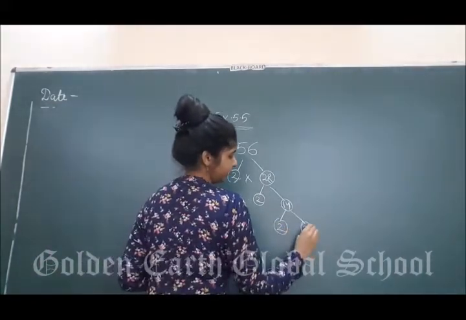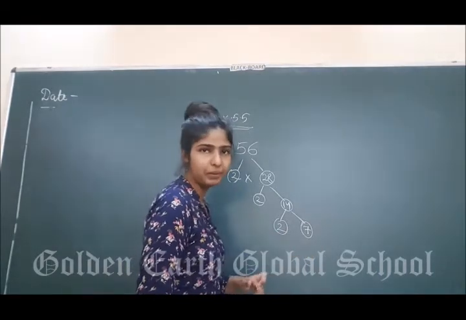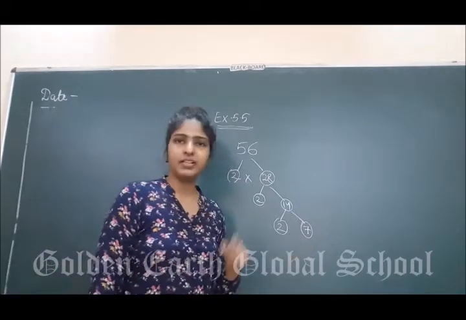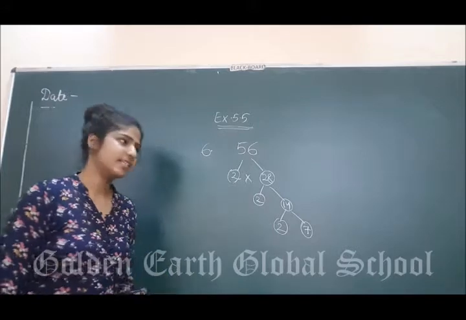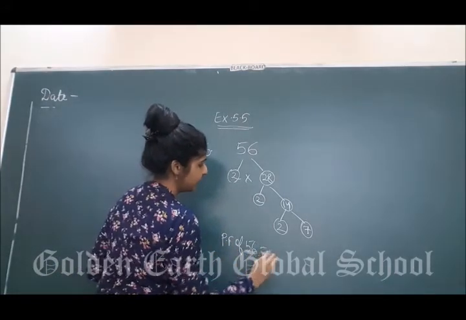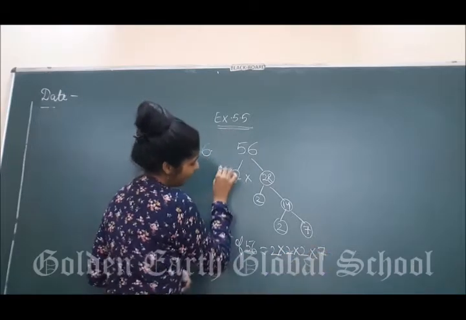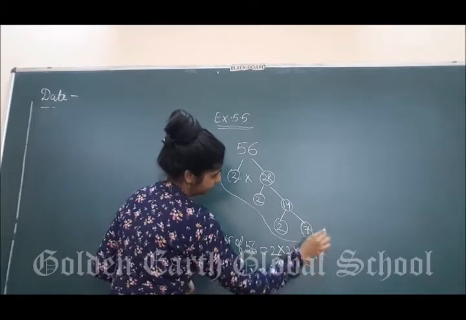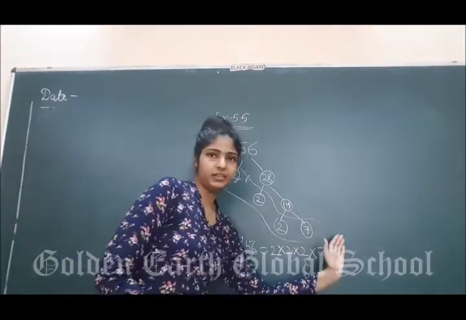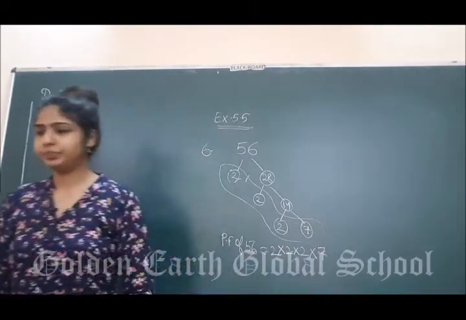2 7. Now we will get 2 and 7. These both are prime numbers. 2 is not divisible except by 1 and 2, and 7 is not divisible except by 1 and 7. So the prime factorization of 56 is 2 multiply 2 multiply 2 multiply 7. You have to take only these values, the left ones and the bottom line. Clear? So the prime factorization of 56 is this value.